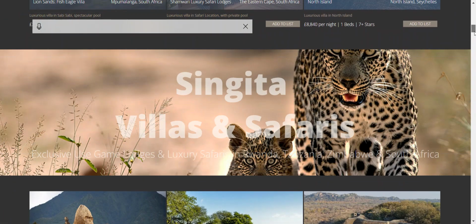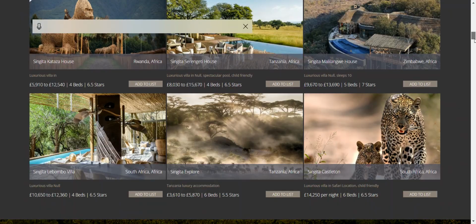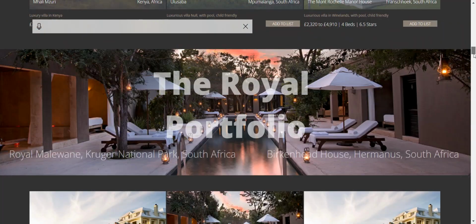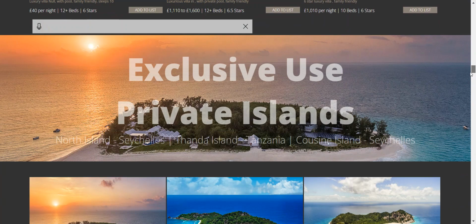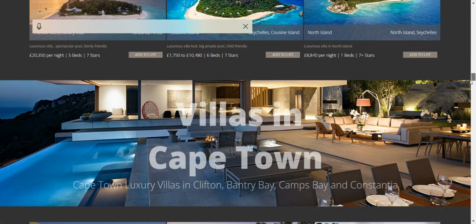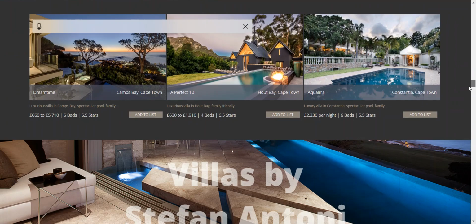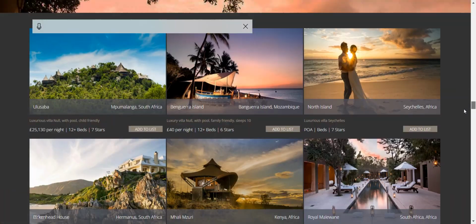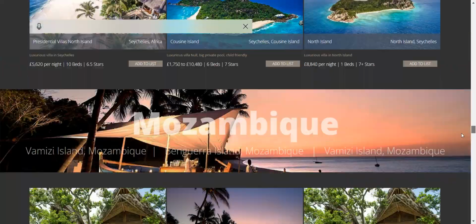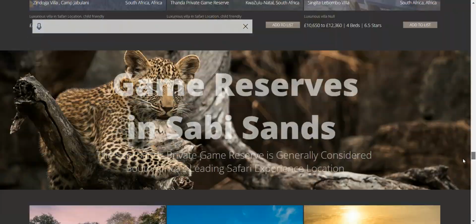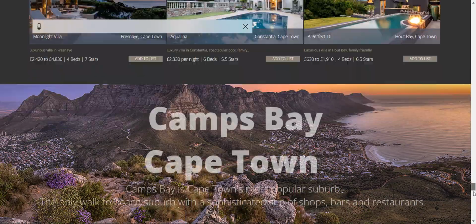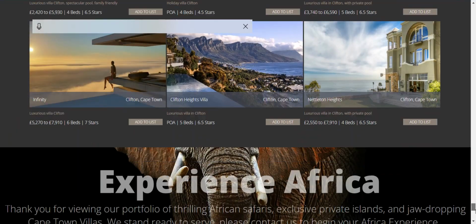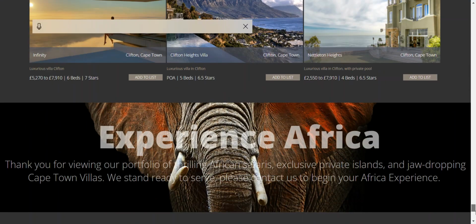Now that's fine because that's just showing a particular brand, another brand, another brand. So this is all perfect because these are all brands, and be they safaris, be they villas, it goes straight into villas in Cape Town. I like that. And we're going back into Africa and we're seeing, yeah, this is really appropriate for Luxury Villas Africa. The Western Cape, definitely. So I think there's only going to be a subtle change right at the end, and this is where it says Experience Africa, and that'll just change to,